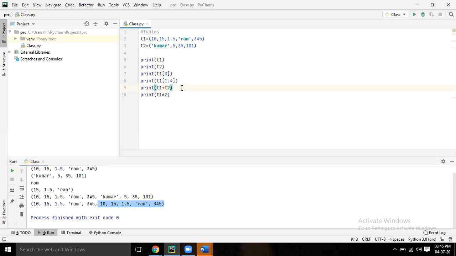Okay, write t3. While declaring, t3 equal to empty bracket, an empty tuple. That's it. Now write print t1 plus t3 plus t2.